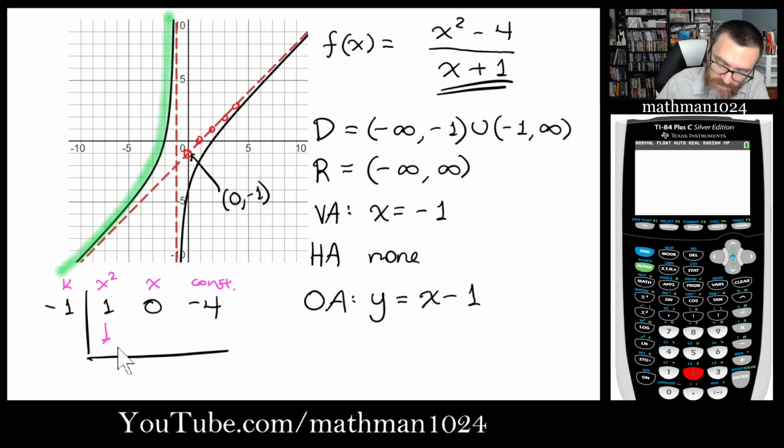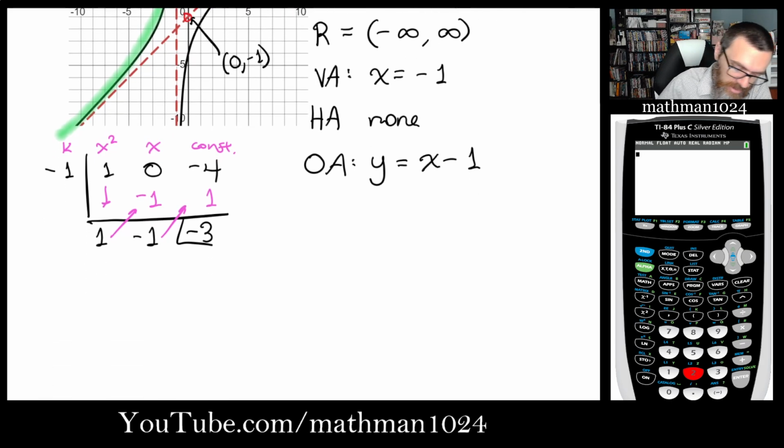All right, so first things first, we bring down the 1. And then it's all about multiplication and addition. -1 times 1 is -1. Combined, these give me -1. Multiply times -1 is +1. And these give me a -3. So from this division, we see that we have x minus 1